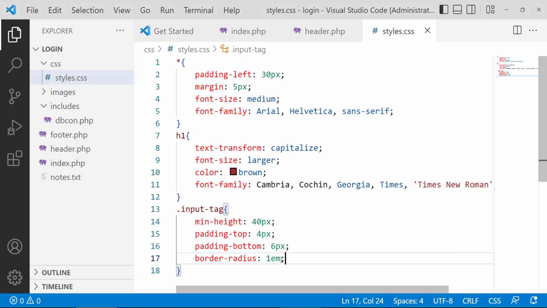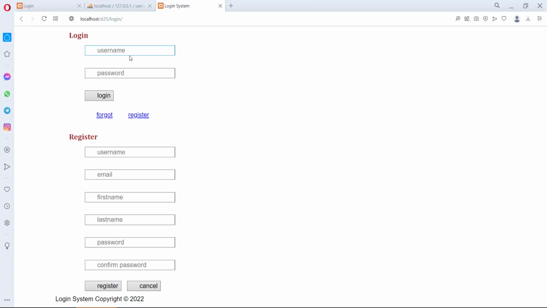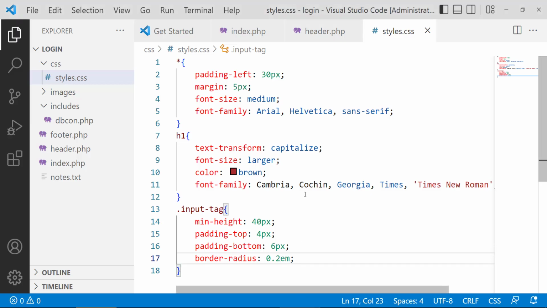Actually, let's remove that and let's try and put 0.2. I think we'll also still need to play around with it on our elements themselves. So we'll actually need to play with the input and the output and how it will eventually look. At the same time, we can also put a button,